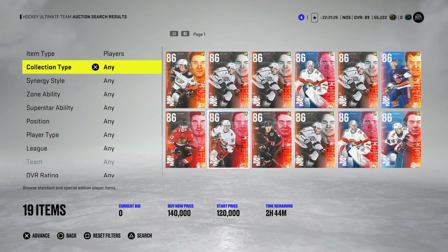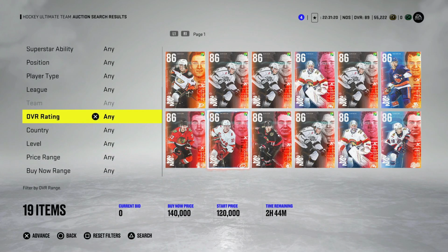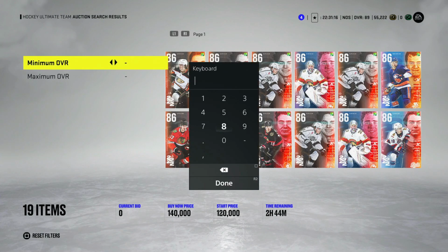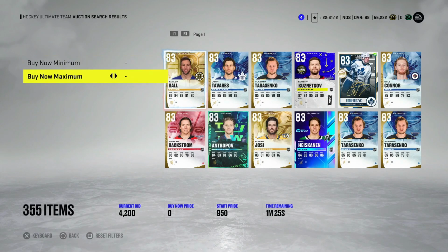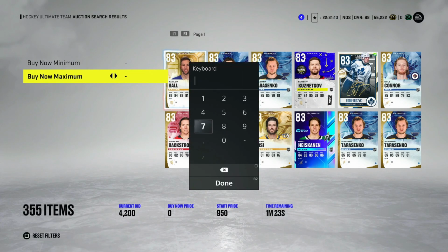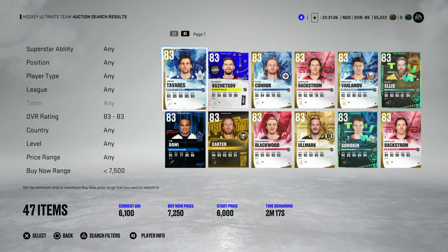Now, that being said, let's talk about what to do with your cards. Let's say you've got a stacked team, or you've been hoarding your cards. What do you do with all of the golds that you've got? When it comes to 83s, guys, I would 100% be selling these. So that kind of makes no sense because, obviously a new set's coming out, but these are going for like 7,000